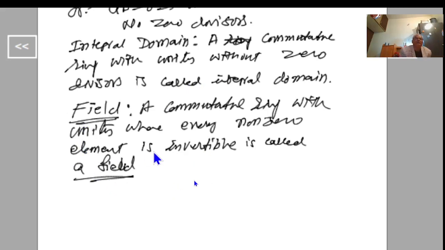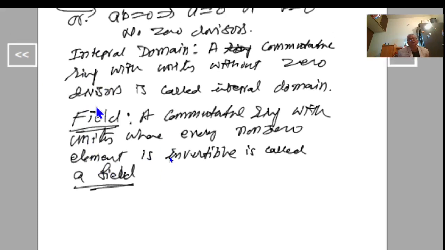And in the previous semester, we have proved that every field is an integral domain. Okay. So if F is a field, then definitely it is an integral domain. But the converse need not be true. That is, every integral domain need not be a field. But some integral domains are there which are fields. That is, a finite integral domain is a field. That result also we have proved in the previous semester. Okay. So we are concerned with this one, field.